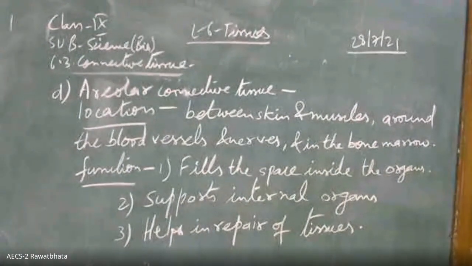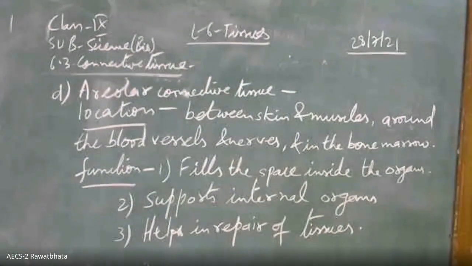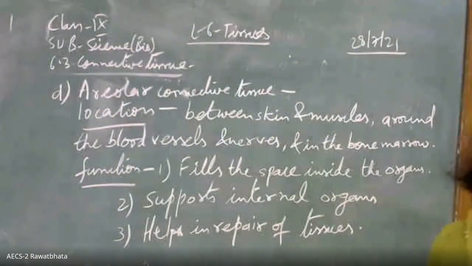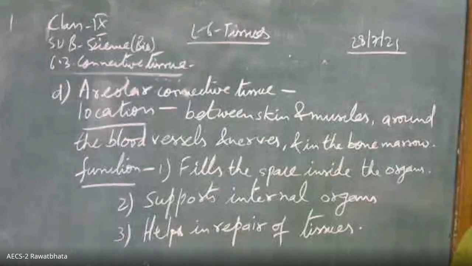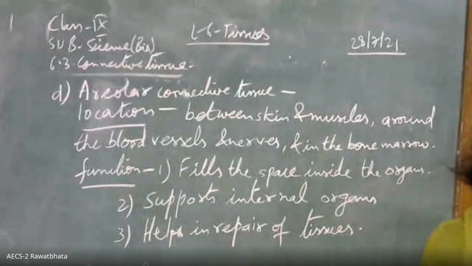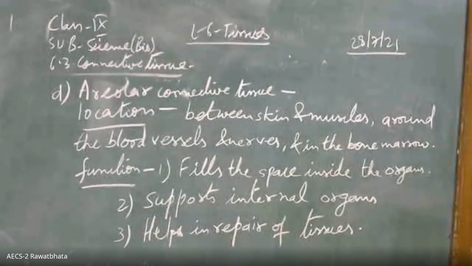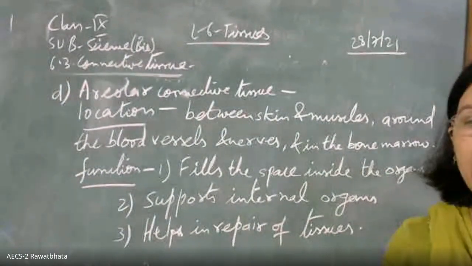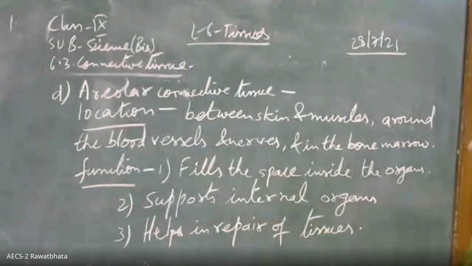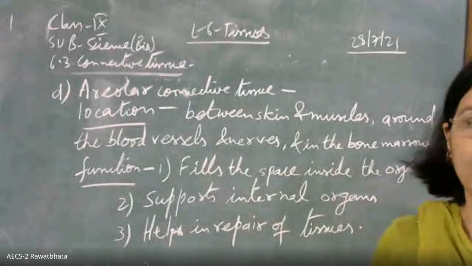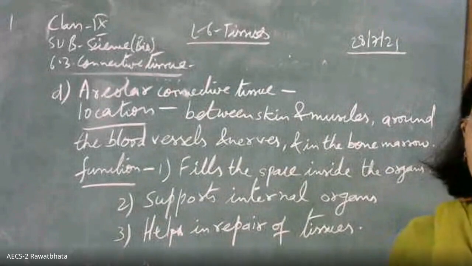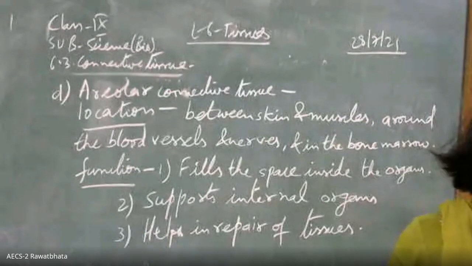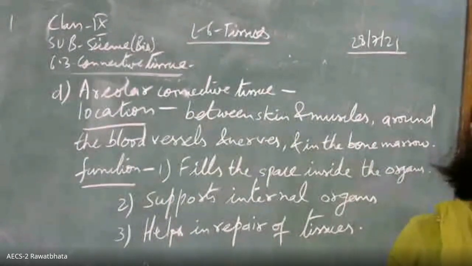Note it fast, beta. We are left only with the last type of tissue in this category, and that is about the adipose tissue. For that also we'll write down the location and its function. I'm getting messages from some of our kids that they have noted. Better everybody should write it fast so that we may deal with the last topic. And if you have not noted, please make sure that you are taking a screenshot.